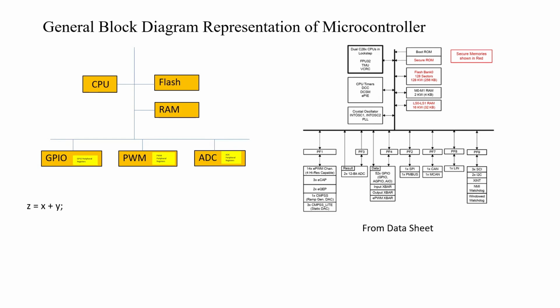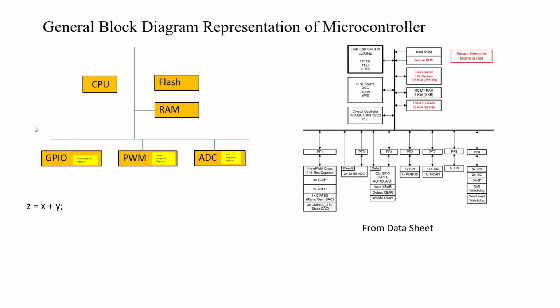To understand the CPU, let's assume that you want to do z = x + y. Maybe x will be taken from flash or RAM. y is another variable which will be taken from the RAM. The actual calculation will be executed in the central processing unit, the CPU, that is z = x + y. And maybe that result has to be written to some register